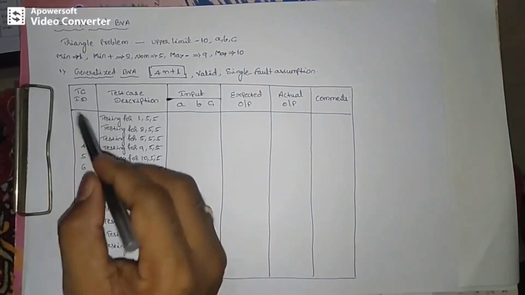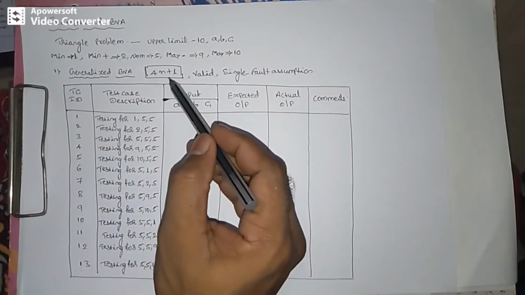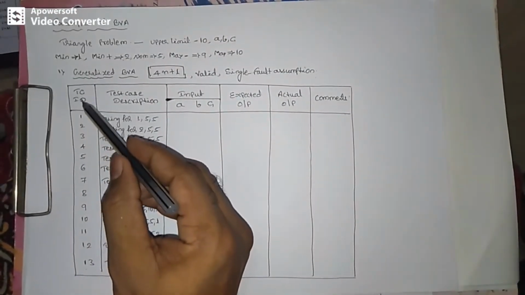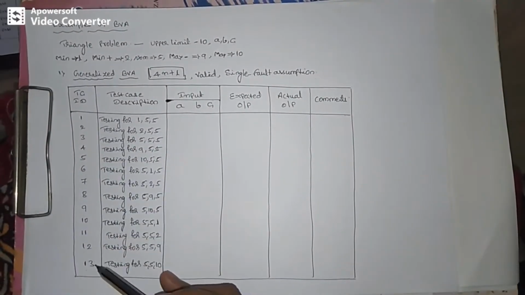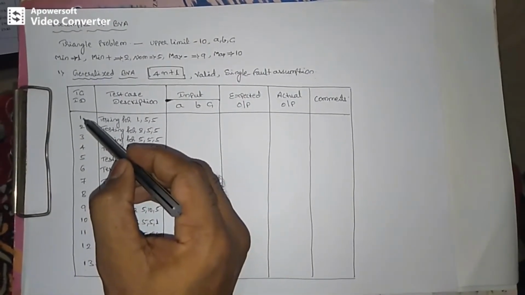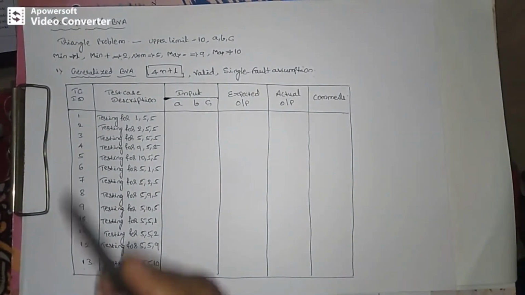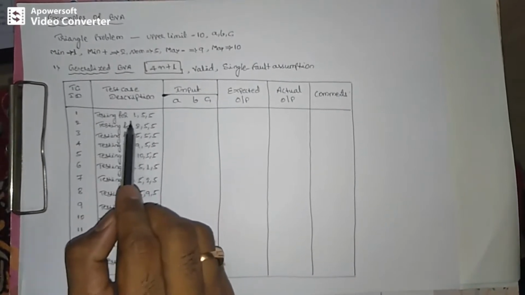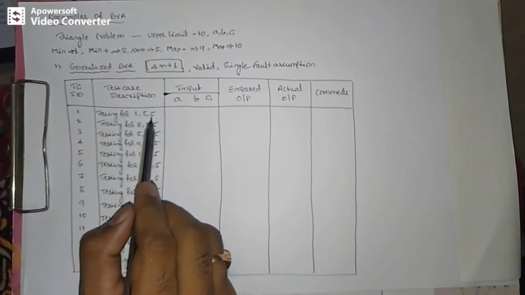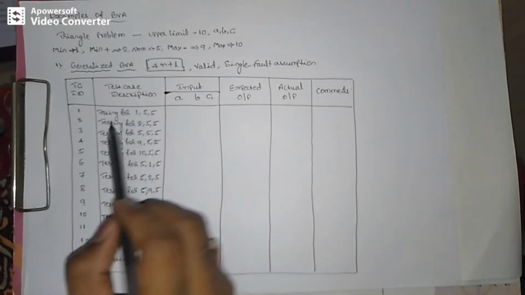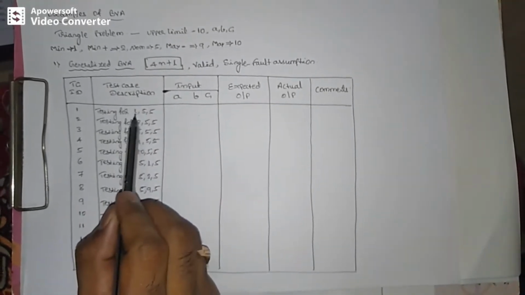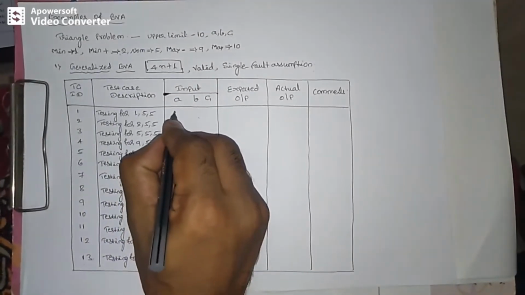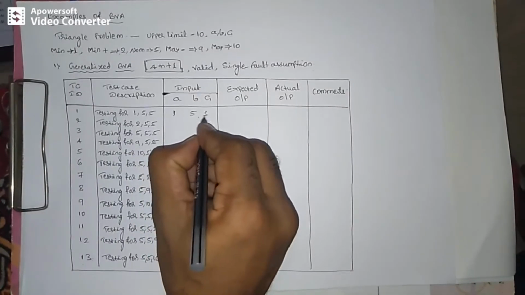So now let us consider. Based on the formula I know that we are generating 13 test cases. Therefore I have written all the 13 test case IDs here, that is serial number 1, 2, 3, 4, 5 up to 13. Then the test case description includes the parameters you are passing, which you need to describe in this particular test case description. So the first time I am passing these inputs to your program, that is 155. That input value we have to write here, the same input value 155.